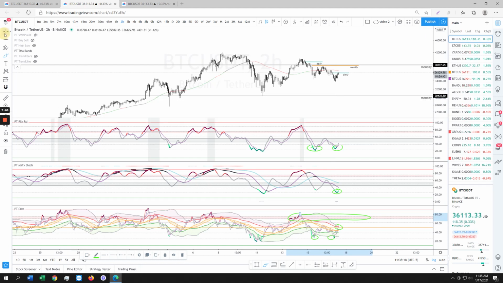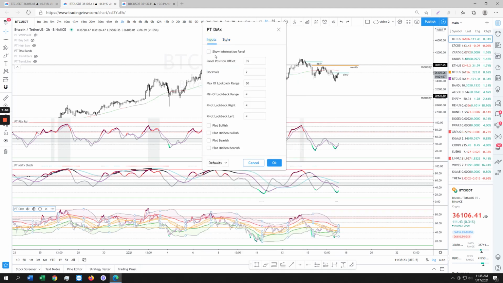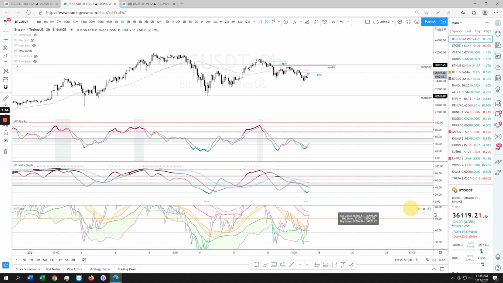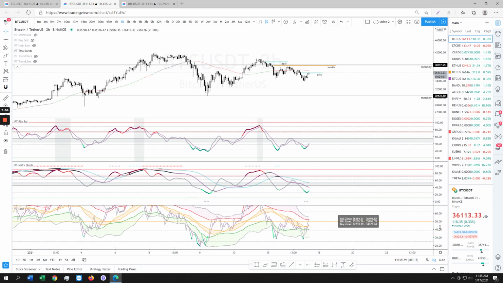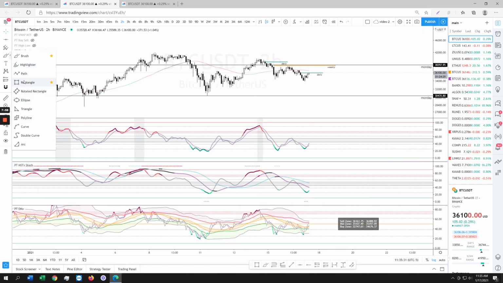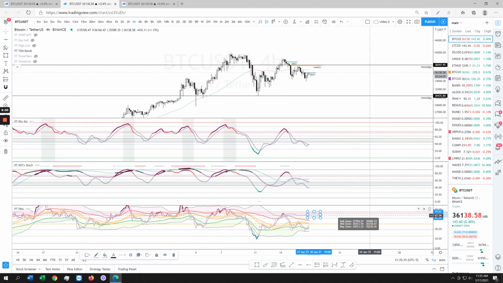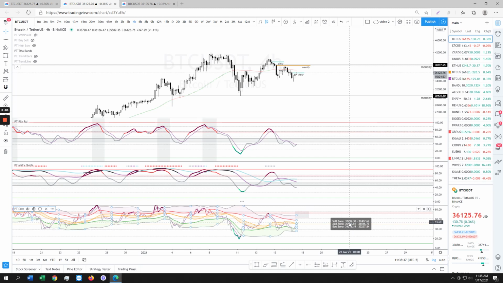Let's see where it is, actually. Let's get rid of all this nonsense. Let's put our panel on. Panel always shows me a visual of where we think price is going to go. All right, so if we're targeting somewhere up here, if we get above the red zone, let's go to your 4 hour, which is the one that I'm looking for. Yeah, $37,000 to $39,000 is going to be the target, guys.